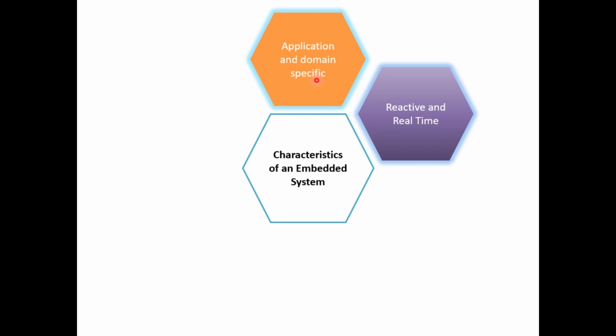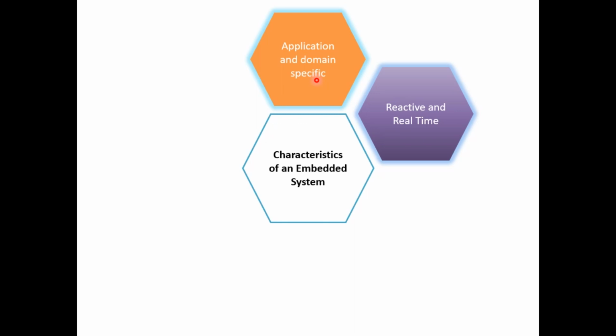So the real-time system should be deterministic, meaning it should respond to a request or task in a known amount of time. That's very important. A real-time system should not miss any deadlines for a task or for a given operation. That doesn't mean that all embedded systems should be real-time in operation, not required. I'm telling you that this is one of the characteristics an embedded system may possess. If it is designed for real-time, it should be a reactive real-time system.